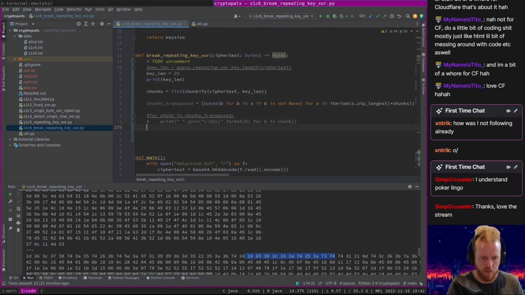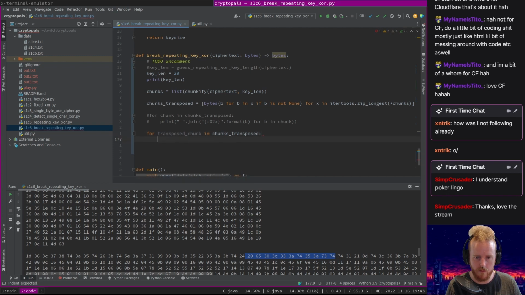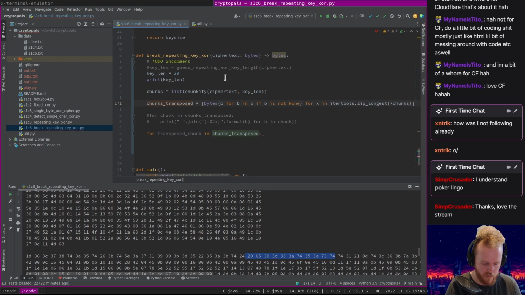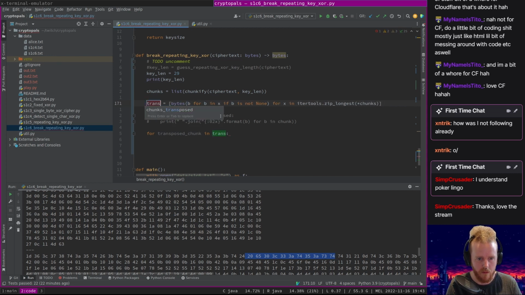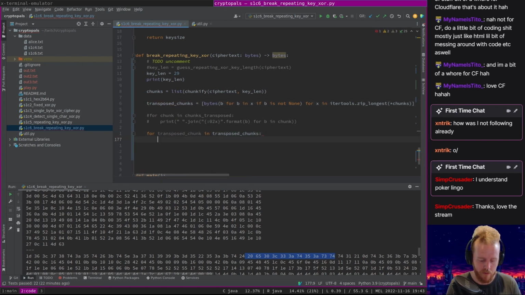We should be able to, for chunk in... it's a transposed chunk. For transposed chunk in chunks transposed, it's a bit of an awful name. Let's rename this to transposed chunks. So for transposed chunk in transposed chunks,